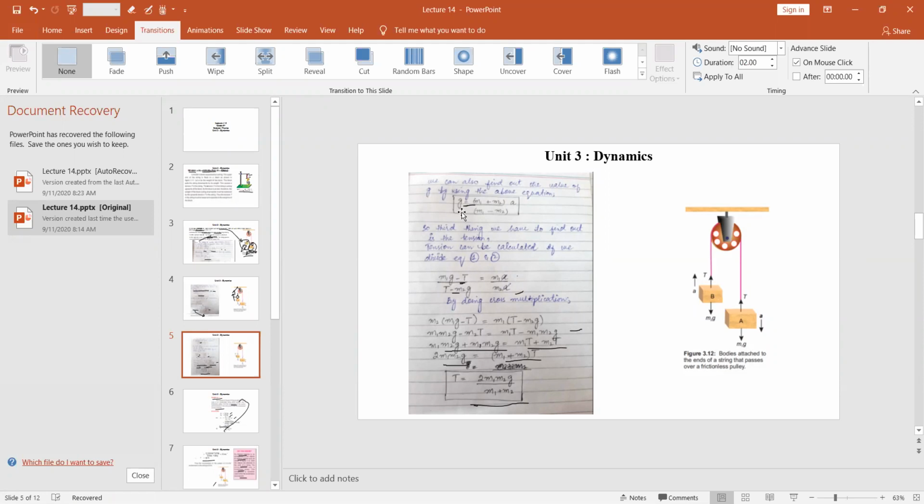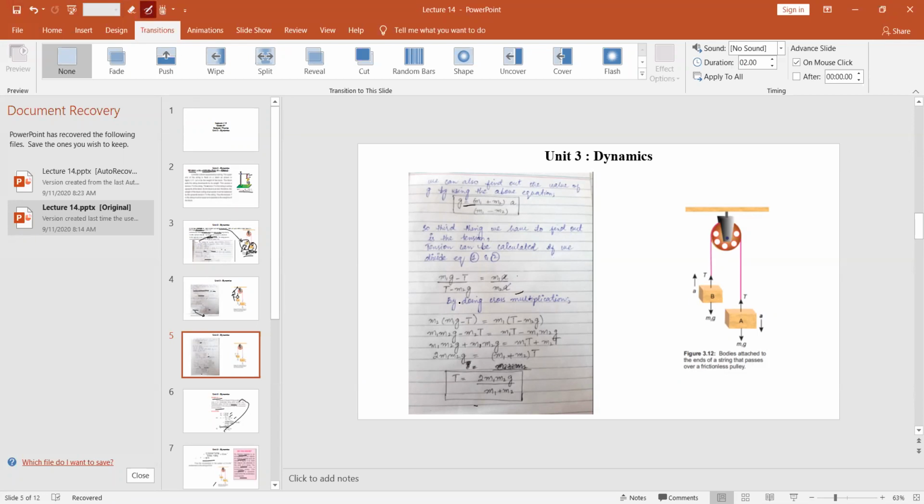The third main thing is you have to find the value of tension. So how can you find the tension? You just take equations 1 and 2 from the previous slide. You just divide these equations and you get the value of tension. So this is our equation number 1 and this is our equation number 2, right? So you just divide the equation M1G minus T by